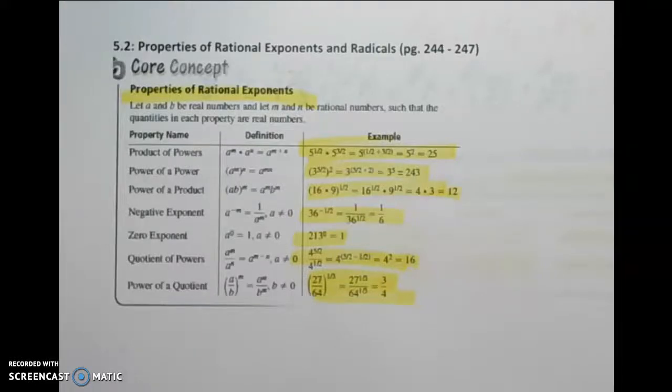5.2, Properties of Rational Exponents and Radicals, pages 244 through 247 in your textbook. Now, we have already talked about the properties of radical exponents in 5.0. These are the same. All they've really done with these is up the level of difficulty. So I'm not going to go over all of them again, but,